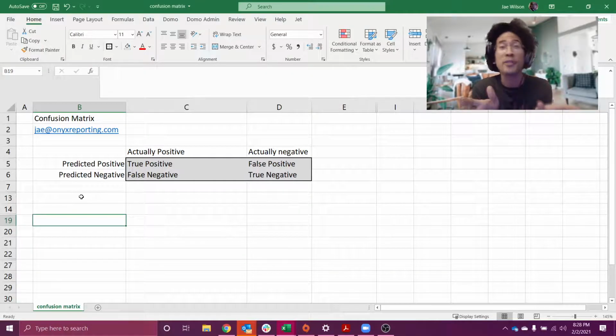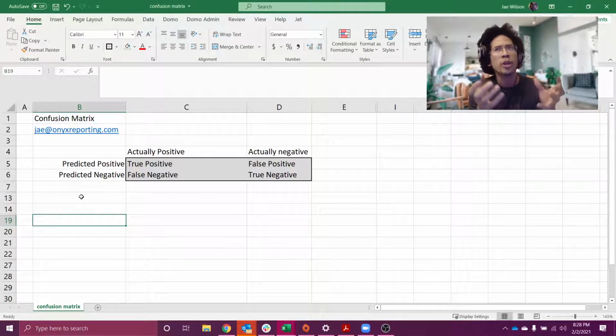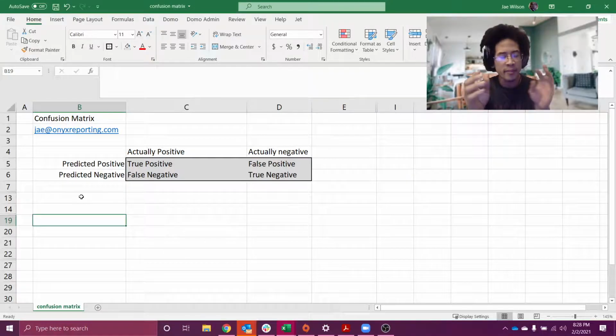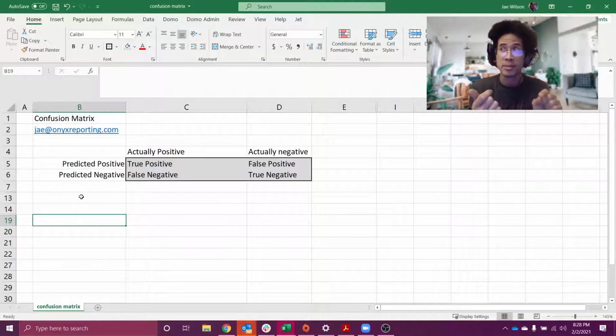Confusion matrices. Well, first a little history, guys. This is super cool. Apparently, confusion matrices were developed back in World War II, when radar was first being developed. The problem they were having with radar at the time is they were trying to figure out, what are the perfect settings for my radar machine so that I accurately classify bombers as bombers as opposed to a flock of seagulls.